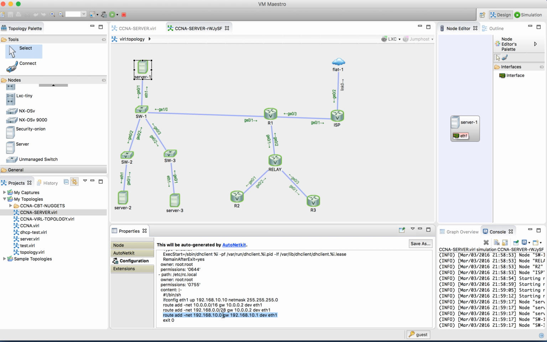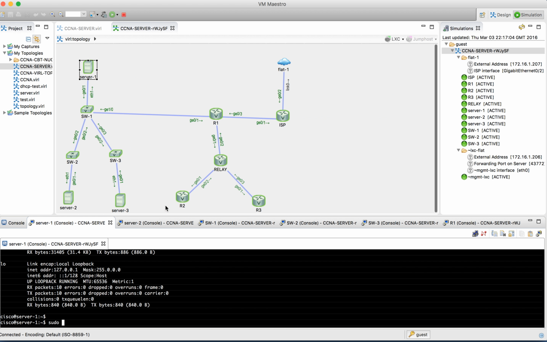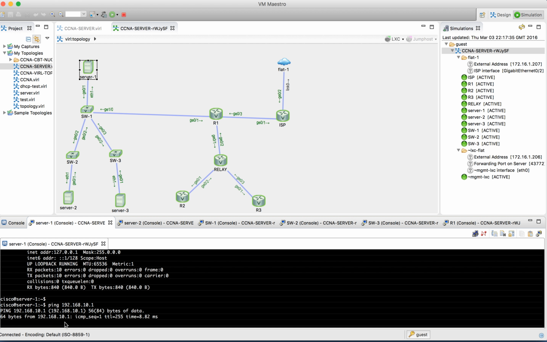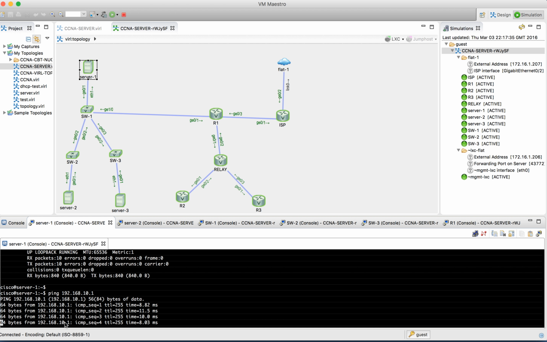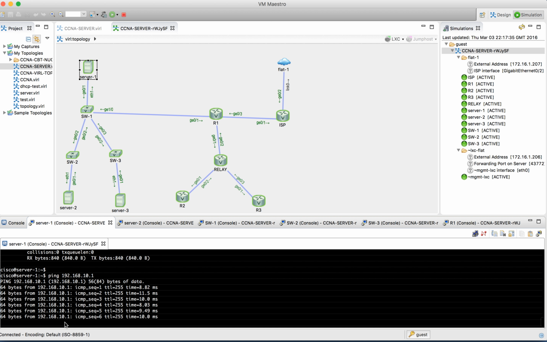This is my own hack which I've added in, where I've tried to add 10.1 as the default gateway for the 10.0 network. For some reason I can't quite get that to work, so maybe somebody could help on that. So what I'm trying to say is, if I just quickly show you, if I was to ping 192.168.10.1, bearing in mind I've already pre-configured the router on a stick, you can see I'm able to ping my